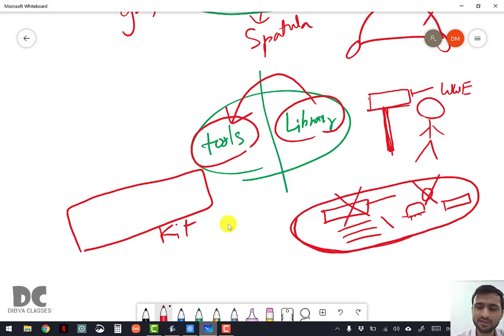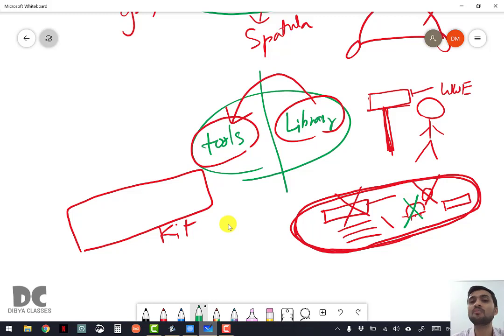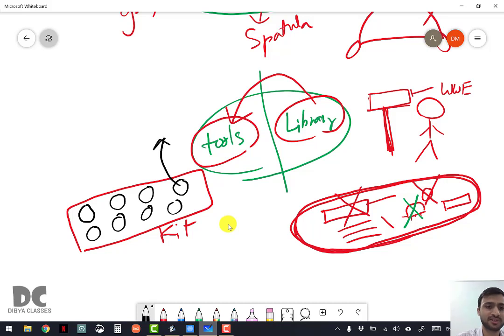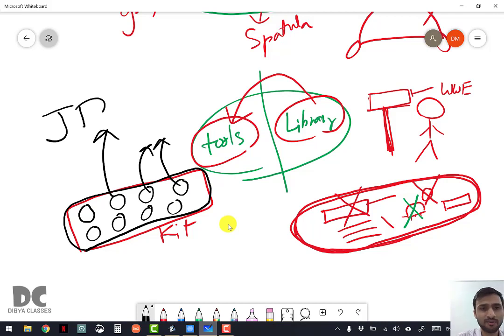So all these tools are present inside a kit, and according to your need you can take that and play. For example, you are playing with a tennis ball, you do not need a helmet for that, okay? And if you are playing with a deuce ball, yes, you need a helmet because it needs more protection. So the Java Development Kit contains many tools, out of which you will use some to create Java programs. And the place where all these tools are present is known as the Java Development Kit.